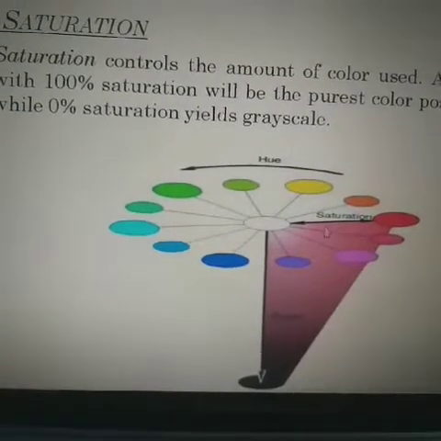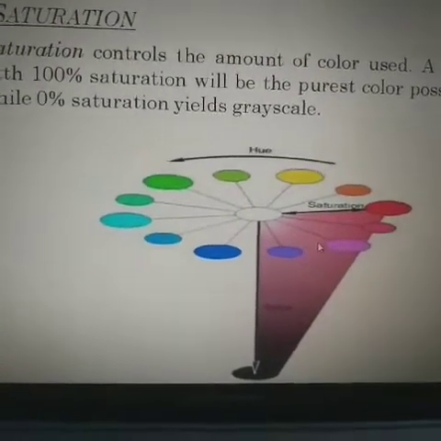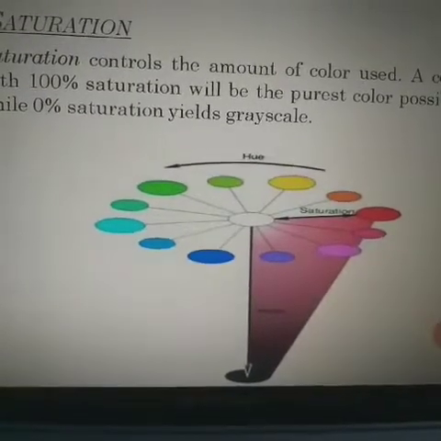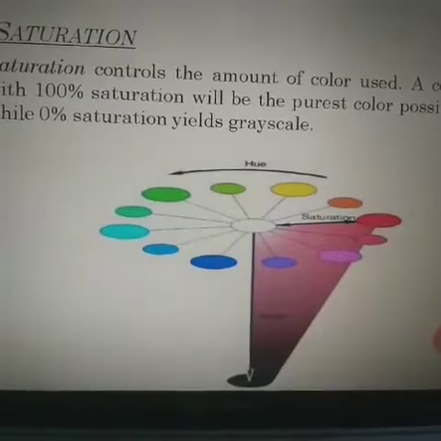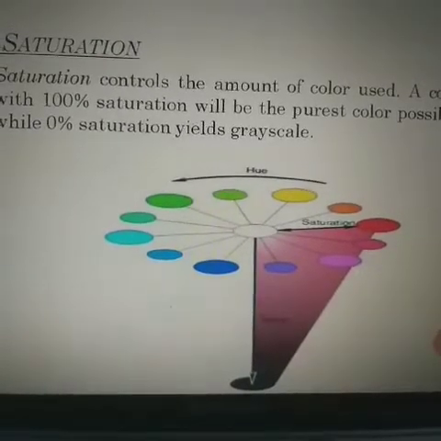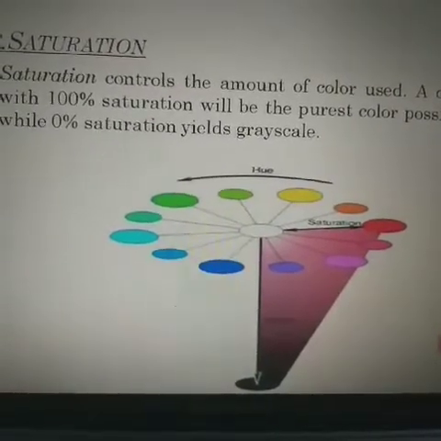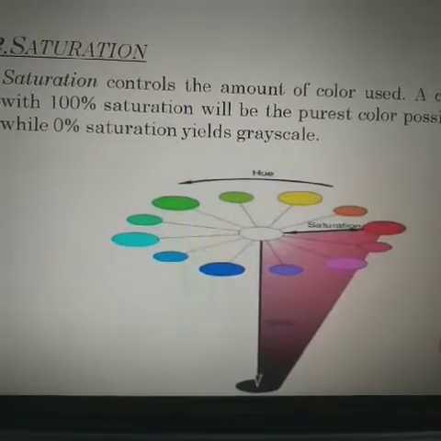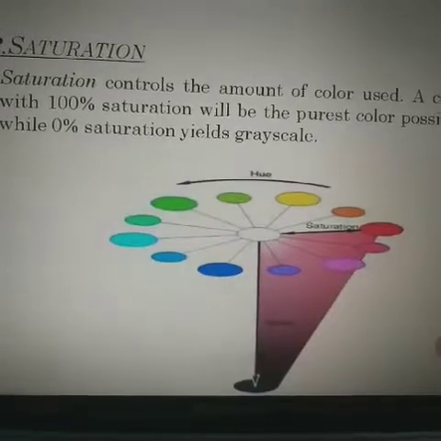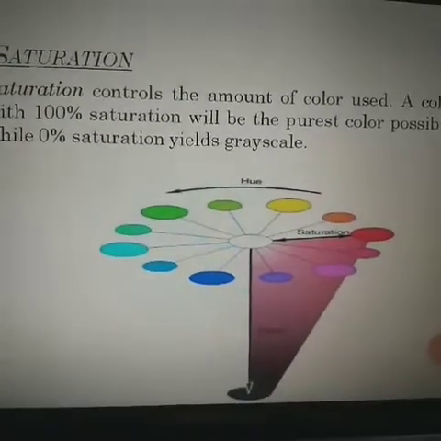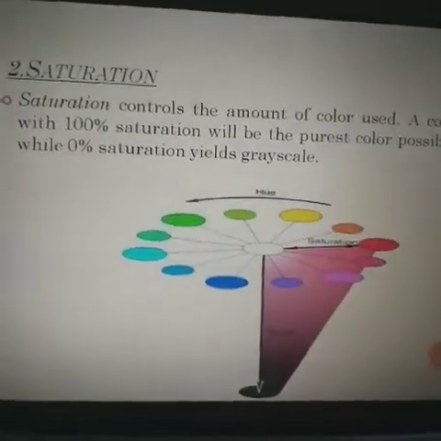So whenever you edit a picture on a mobile and increase the saturation value, more of the red color appears on the image. Why does it appear? Because it displays a darker image, or a darker color is represented.